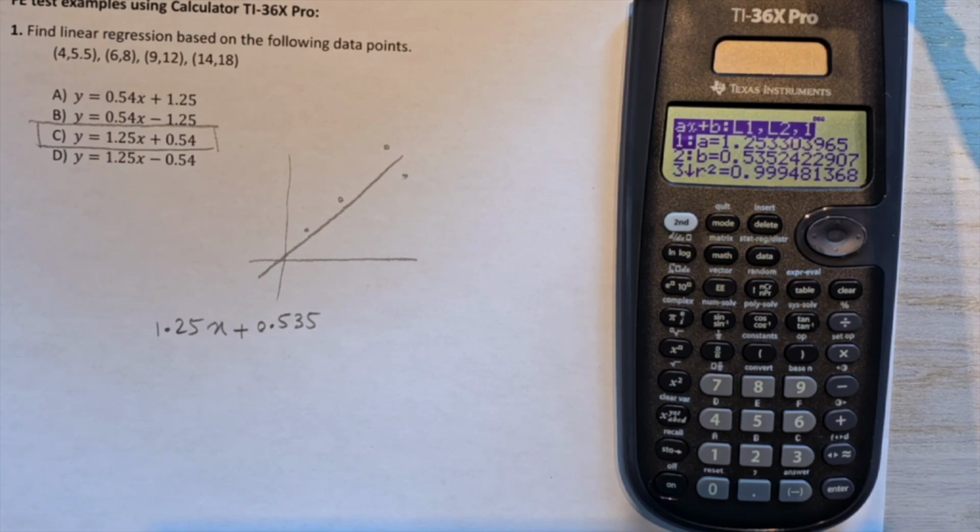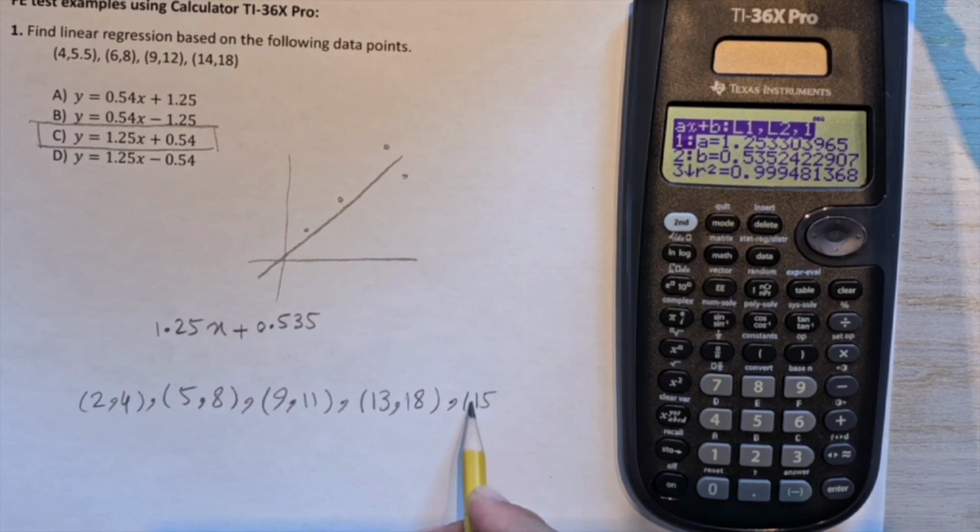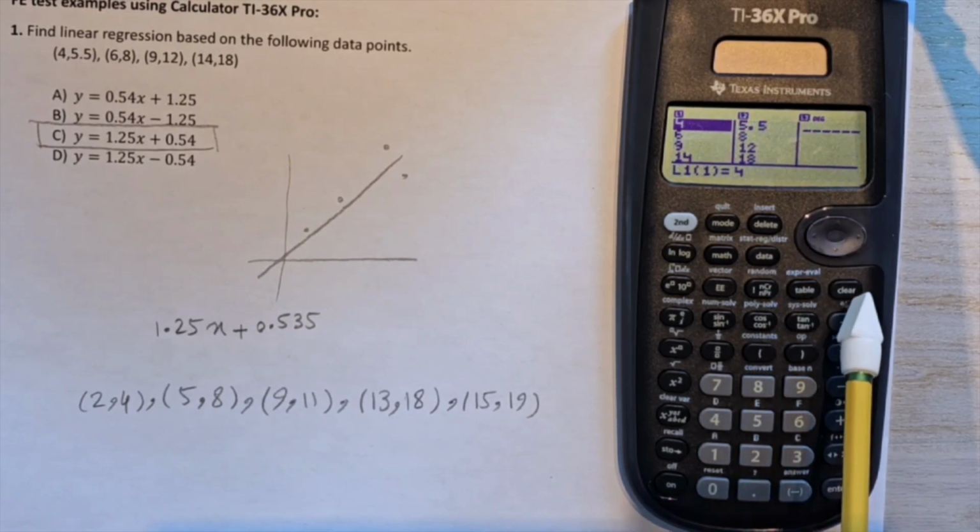Consider points like 2, 4, and 5, for example, 8, 9, 11, 13, 18, and finally, for example, 15 and 19. I will follow the same process. So let's press data and